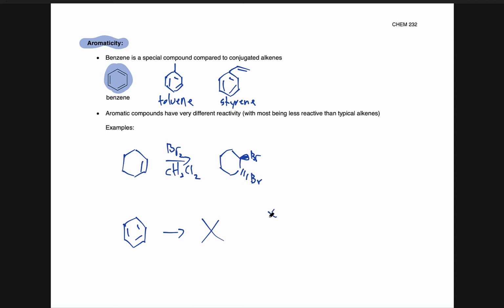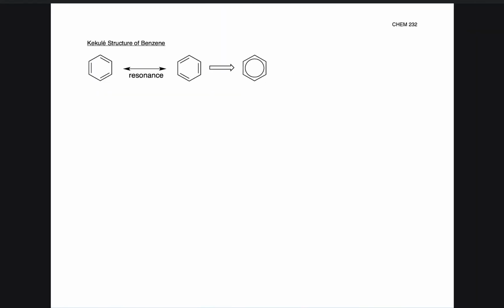That's because these benzene rings and aromatic groups in general, we should be saying benzene/aromatic rings, are very stable. So we need different conditions to react them. And so why is that the case? We'll see more of these reactions in the next chapter, but why is aromaticity such a big deal?